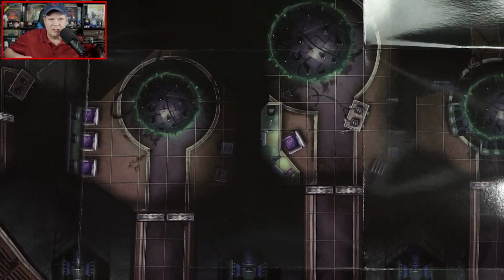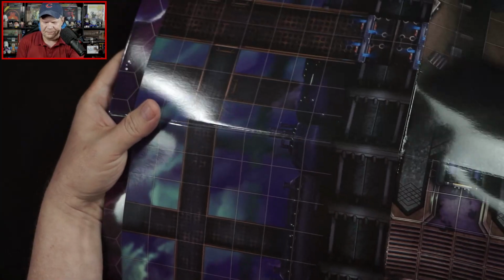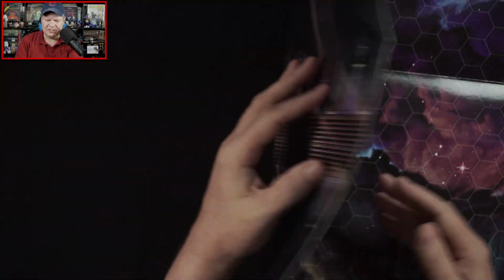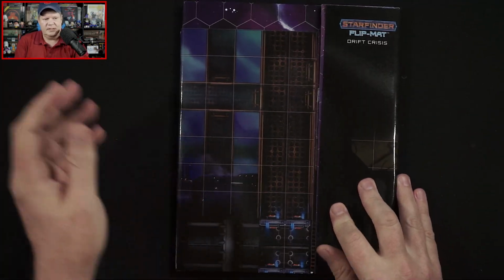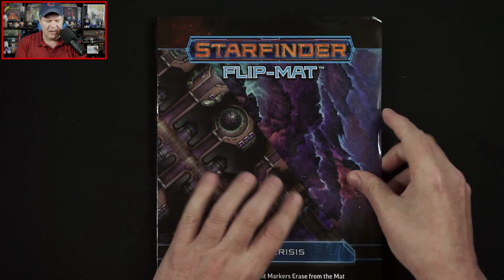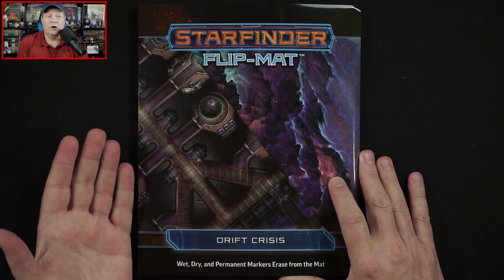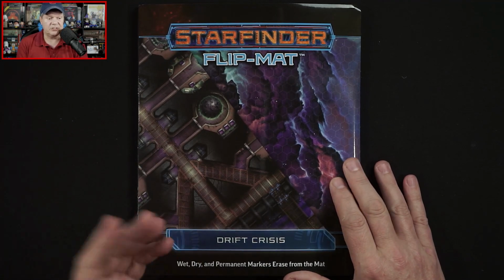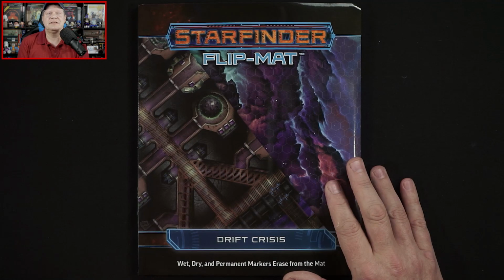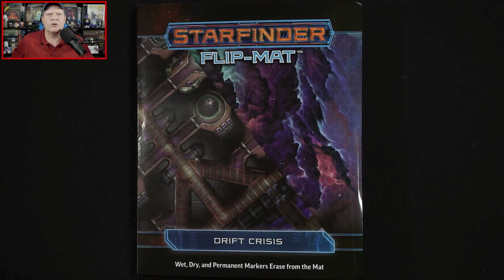I do want to mention that usually, at least in my opinion, the flip mats tend to feel a little sparse. And I've got to be honest, I'm not aware of a lot of terrain pieces that you can add to these flip mats. But once again, I could easily see not just using this for role-playing games, but for miniature games as well. So, once again, this is the Drift Crisis flip mat, and it carries an MSRP of $22.99, or get it in PDF for